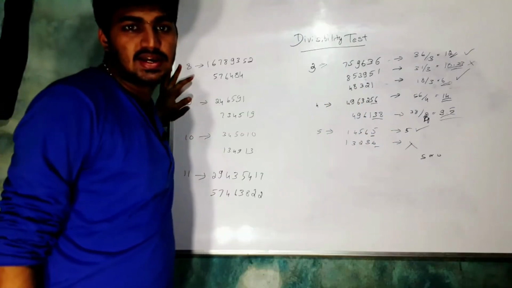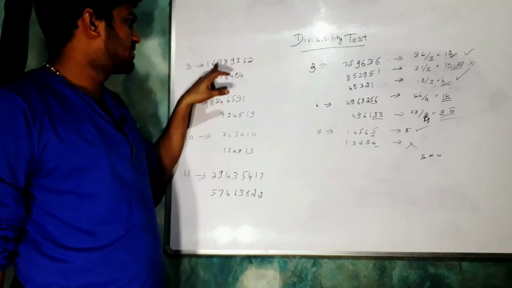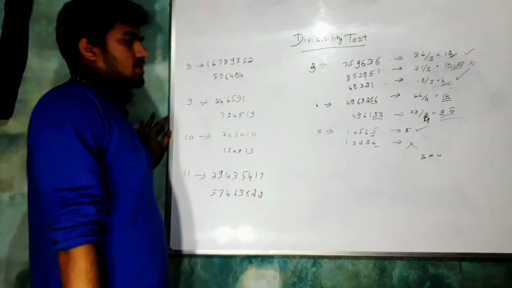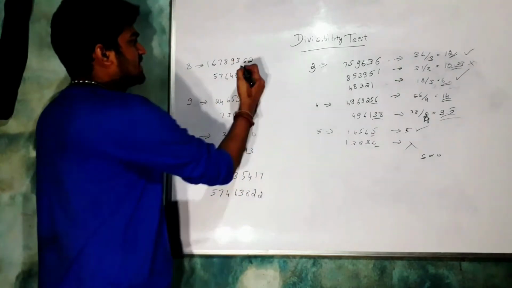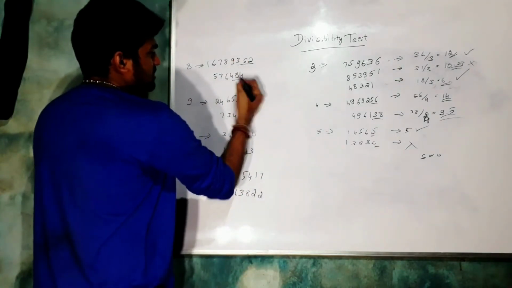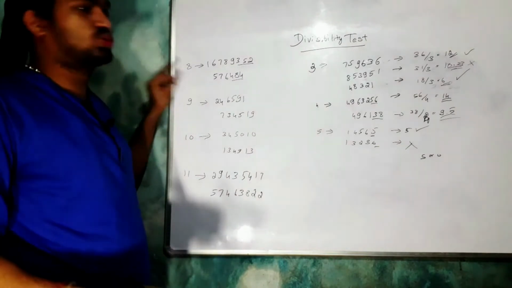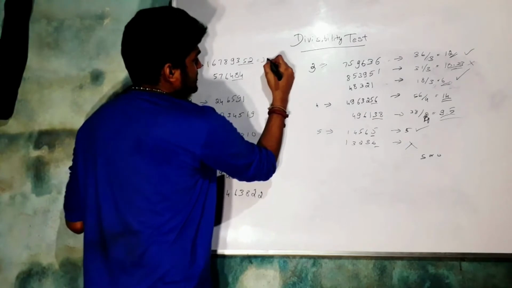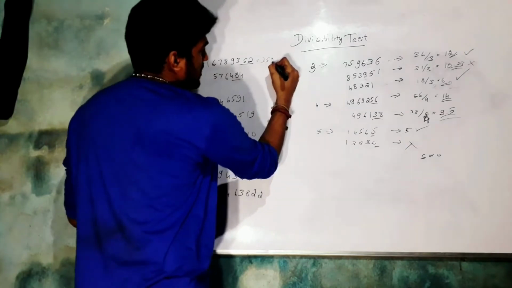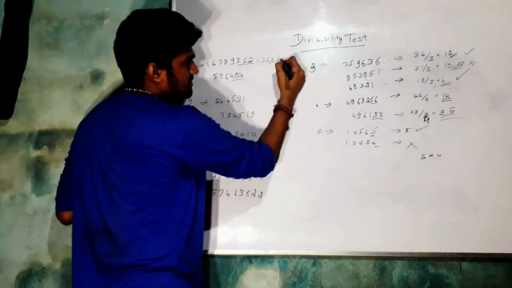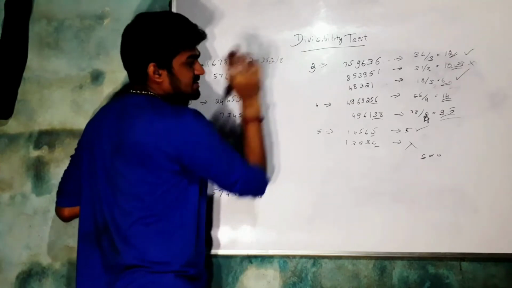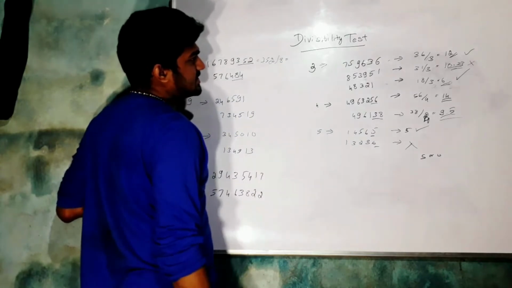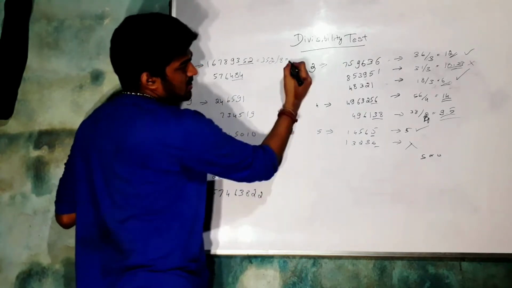So let's take number 8. I'll list down two numbers. Let's see if each is divisible by 8 or not. In this case, we need to take the last 3 digits to see if the number is divisible by 8. Take these 3 digits and just divide by 8. Just check if it's divisible by 8 or not. In this case it will give somewhere around 44.